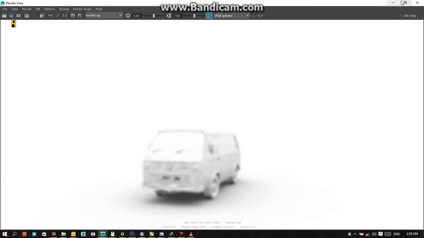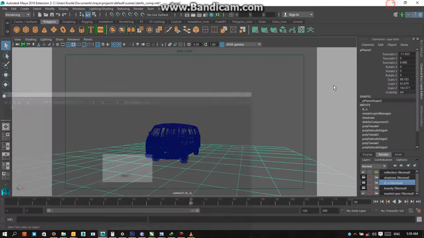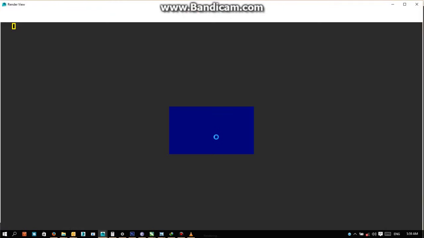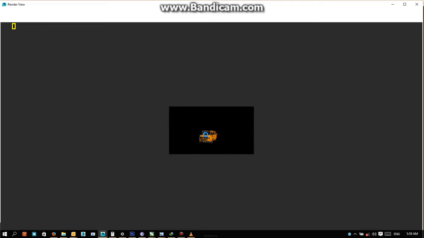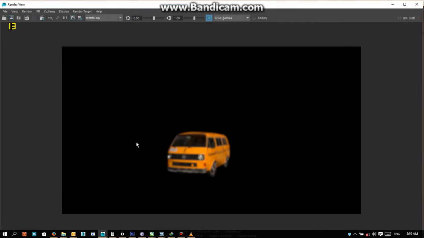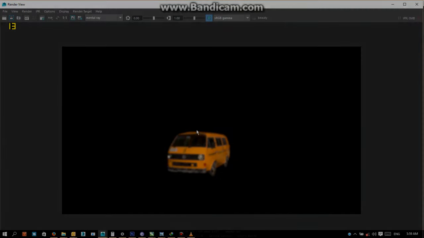So the next render layer we have is the beauty. If I click render, you can see that's only our boss against a black background. Actually, we won't say black background because there's actually an alpha for this. So this is only our boss, the black background. But when we are compositing this,